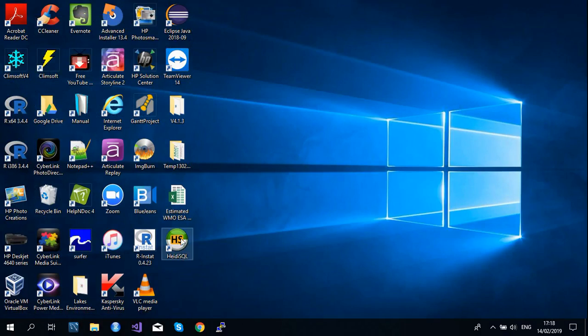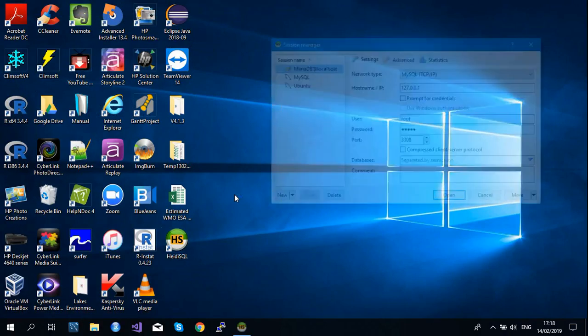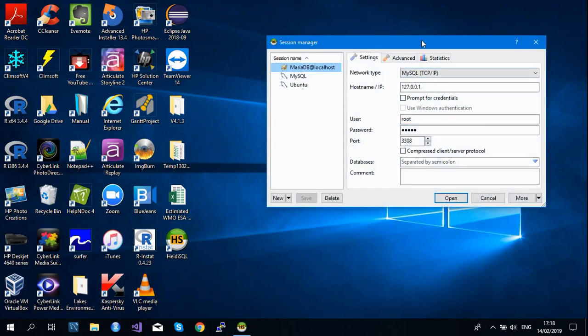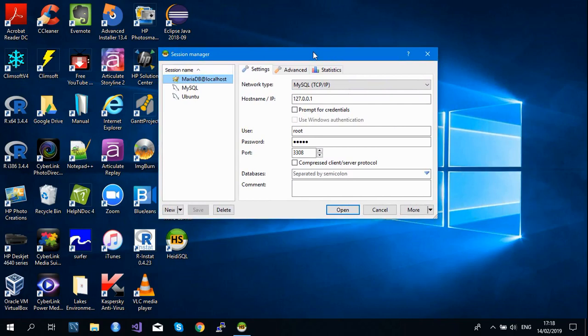If you double click on the database administration tool, you can see under this dialog, the system is pointing to this IP address, which means that you are on the local machine.